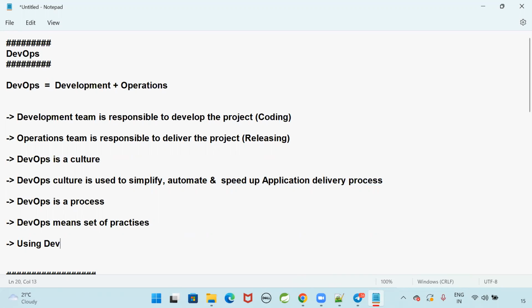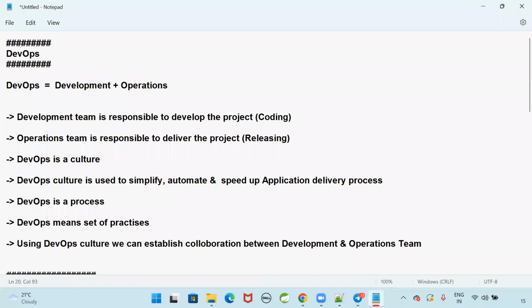Using DevOps culture, we can set up, we can establish collaboration between development and operations teams. That means what the development team is doing and what the operations team is delivering, there should be some collaboration.